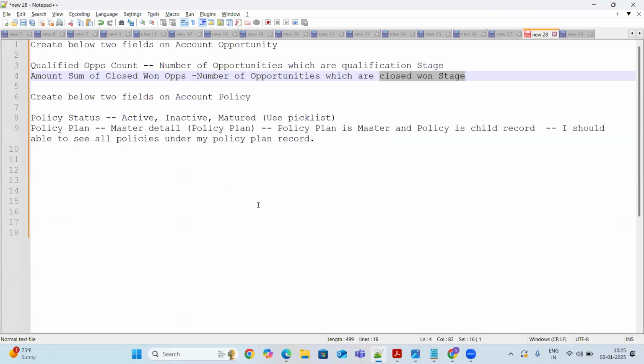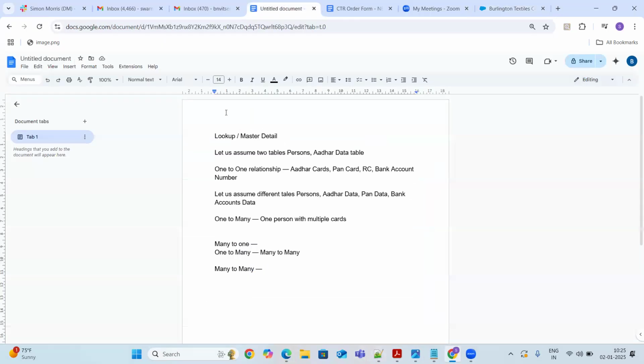Many to many relationship. First, let me explain about the many to many relationship, then I'll explain how they will ask you in the interviews. To establish the many to many, I'll give you the first example. We are discussing the insurance project, right?